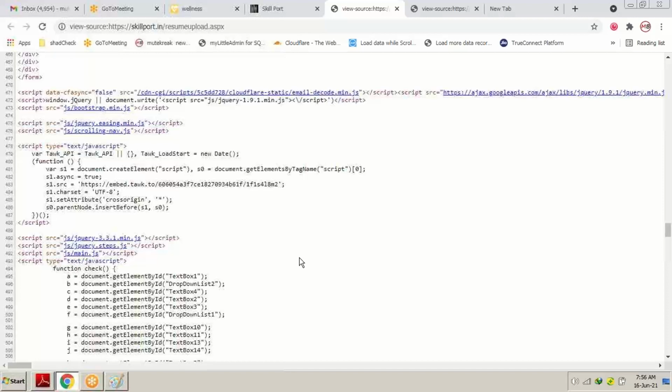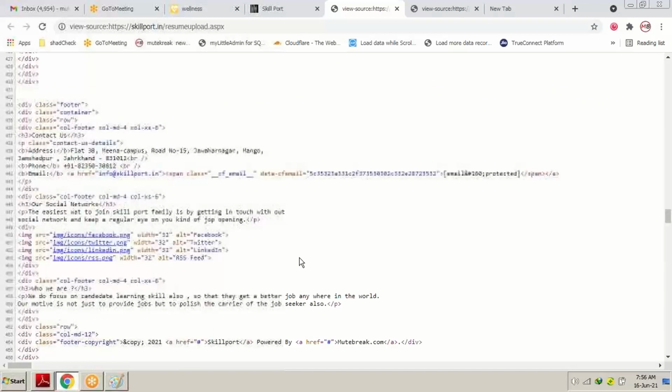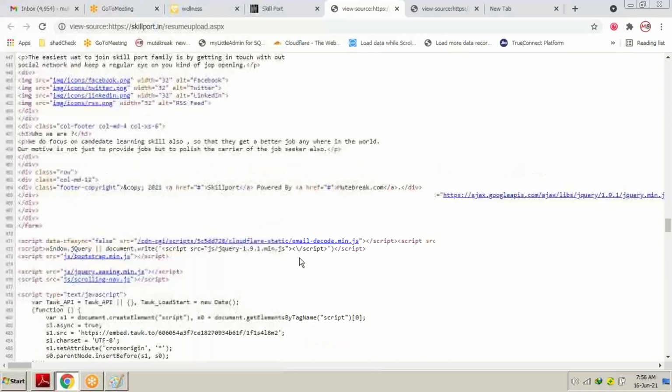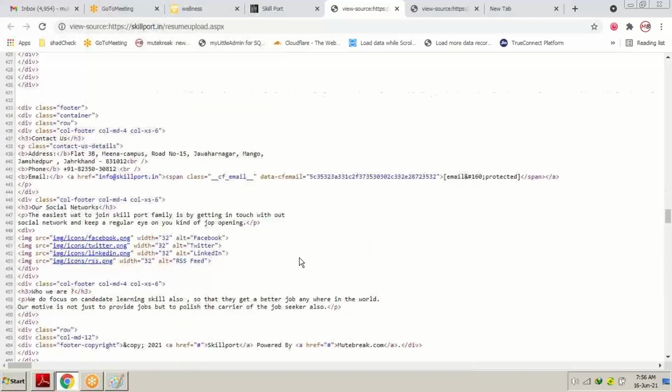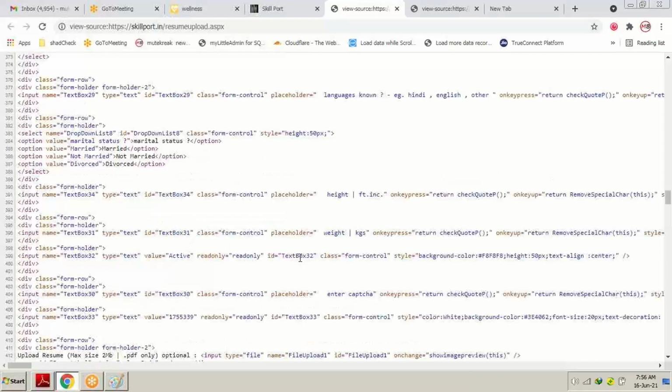If a person can see the entire designing part and the JavaScript part on his computer, this is called the client-side code. Every page consists of JavaScript programming and HTML language, and if anybody can see it, that means it's client-side code.